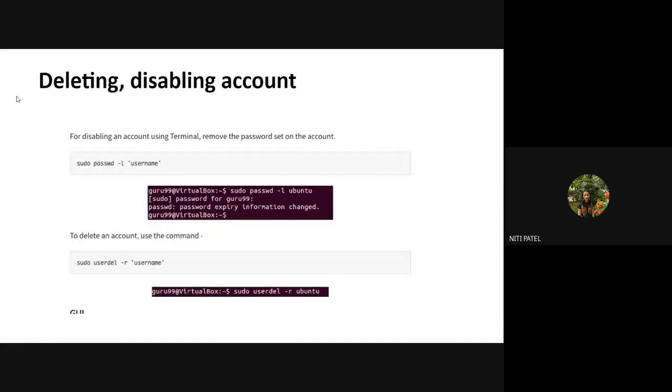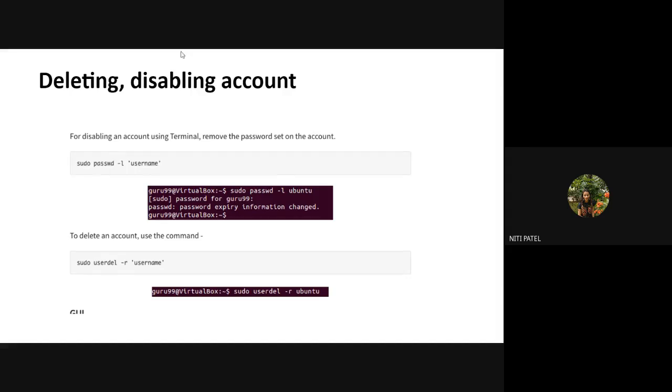Then we had seen also how to disable an account and how to delete an account. To disable the account means I'm not going to use that account for some period of time. And how do I disable it? I disable it by changing the password. That is, I change the expiry date of the password. That is, I prepone it if it is a little longer, and I disable my account.